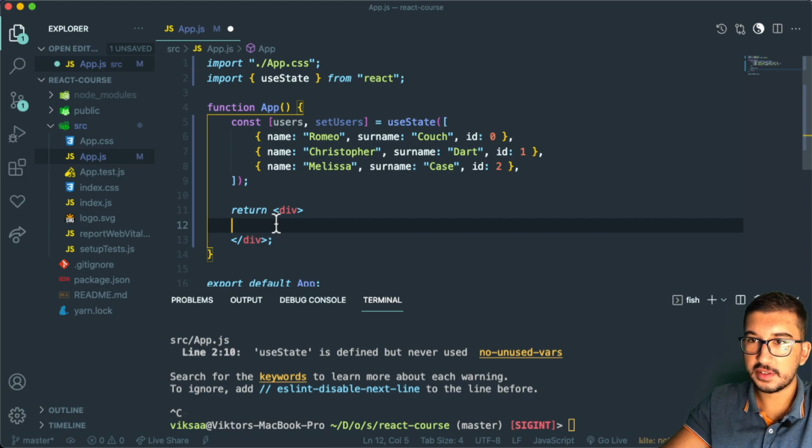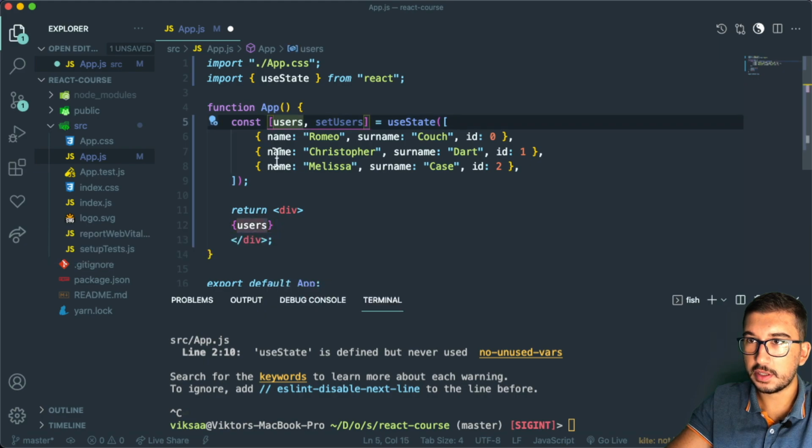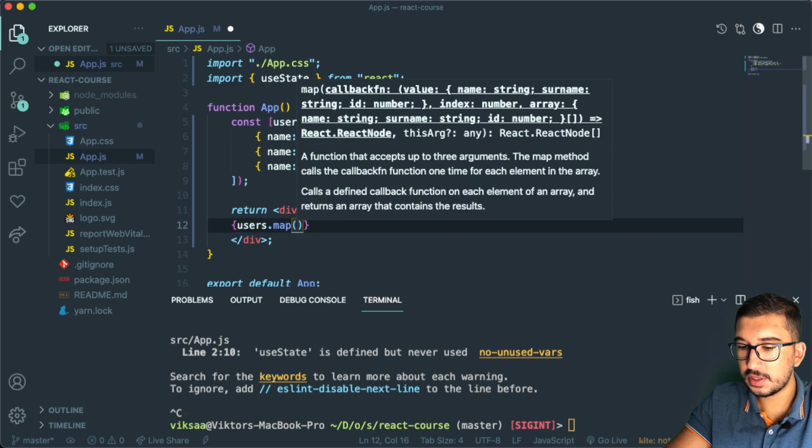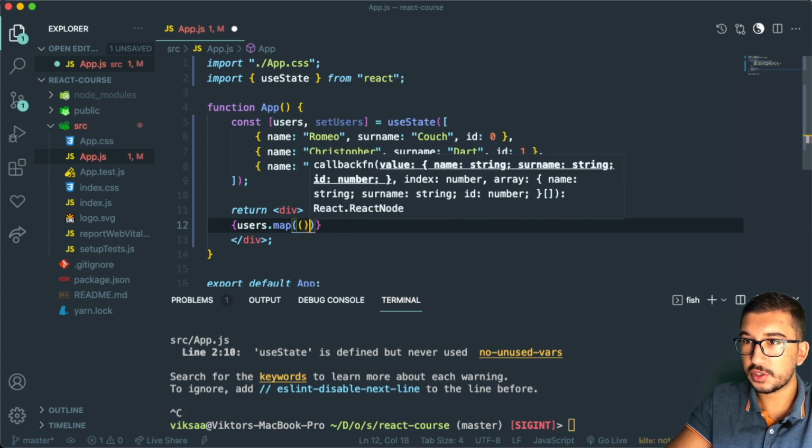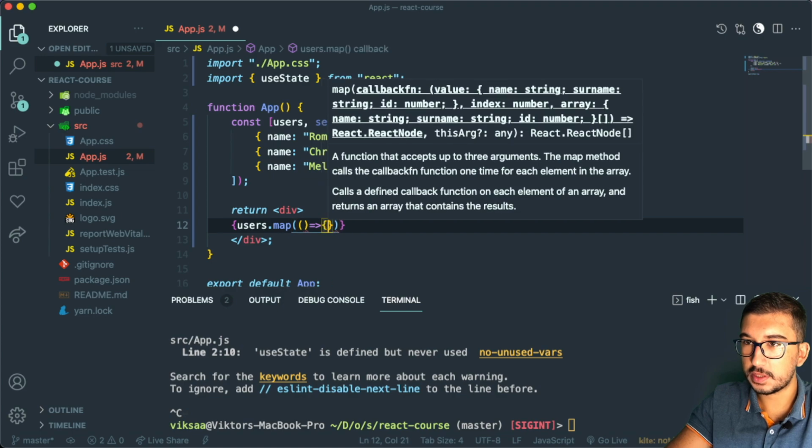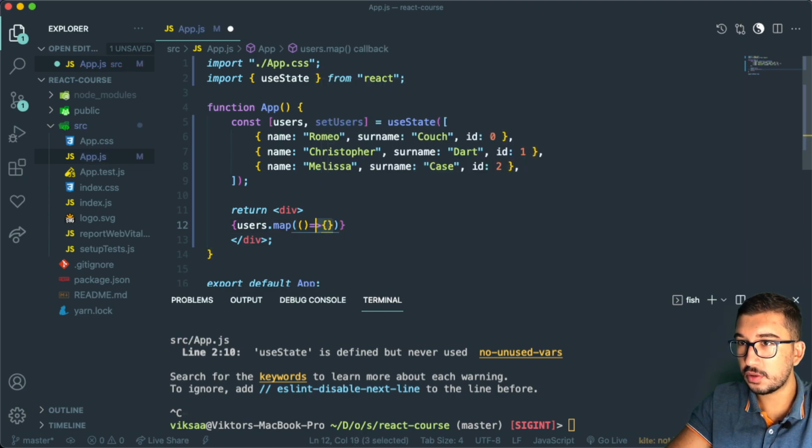And I'm going to write JavaScript here, since we're going to use the map function as I previously said. And to write JavaScript, I need to, of course, use these curly brackets. And now I can access my users array because we have it here in the useState hook. And then I'm going to say .map to call this map function. And this map function takes in a function, which in my case I'm going to pass in an arrow function like so. You will see this is the arrow function, and here as a parameter we're getting the user that